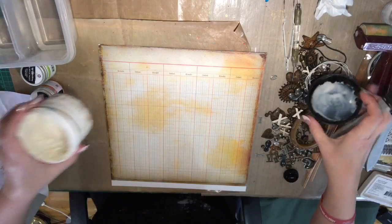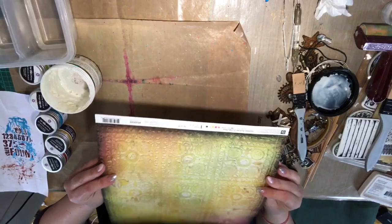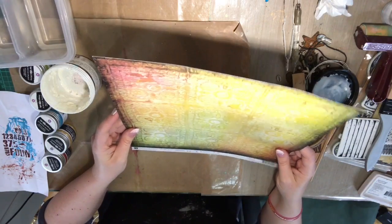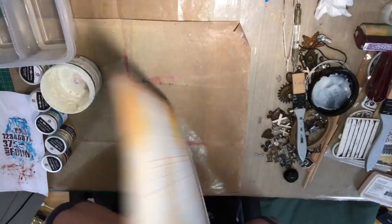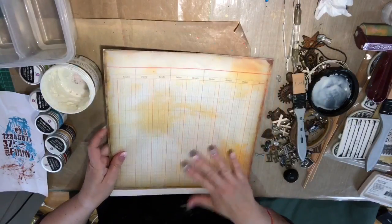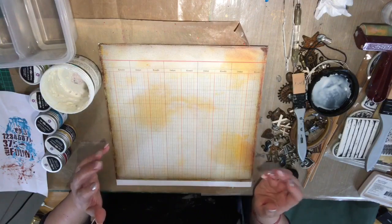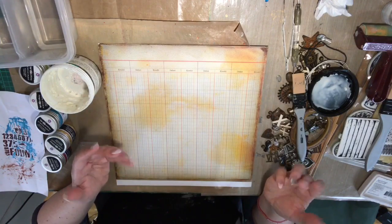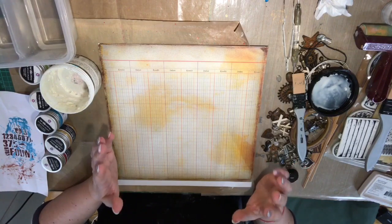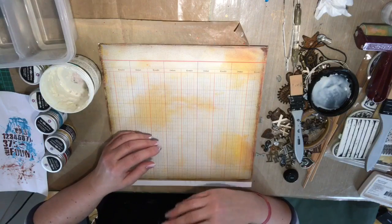I'm starting off using one of Finnabair's 12 by 12, I think it's Sunset Sunrise collection papers. It's X Radiant, so you can see that. I'm going to use this side, basically because it's a card themed towards a man. I've not done a Valentine's for my husband, so this is going to sort of be a Valentine's for him. So it's got a slight bit of a man theme, but I'm going to throw a lot of colour at